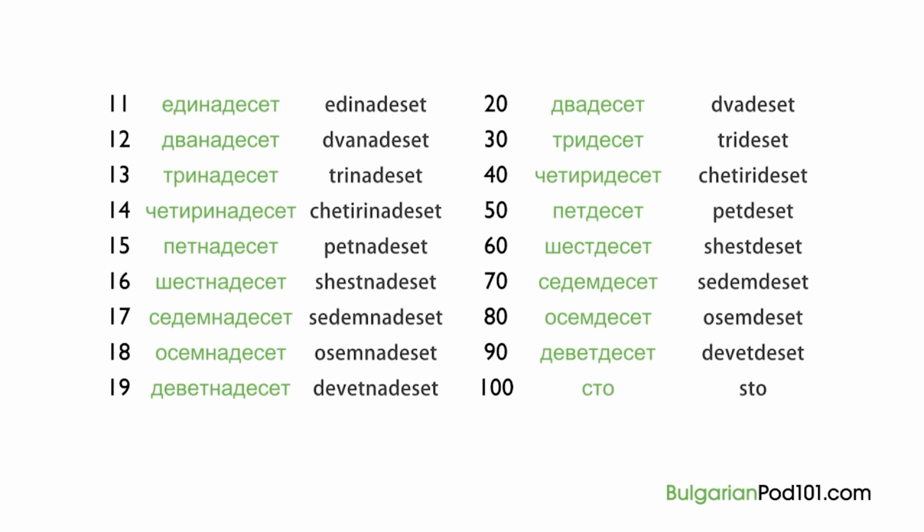will make memorizing them incredibly easy. Notice that the numbers from 13 to 19 start with the numbers from 3 to 9. 3, 4, 5, 6, 7, 8, and 9. Do you remember them from our previous lesson? Then after them, we add the word na and then deset. So altogether 13 is 3 plus na plus 10, deset, or trinadeset,